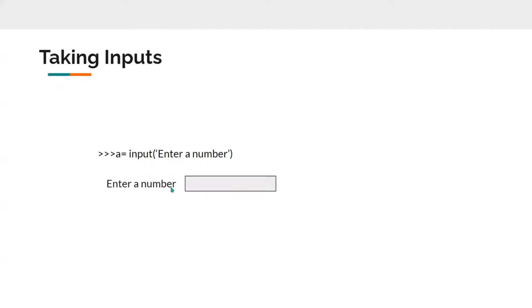Now after executing this cell, I will get something like this. Enter a number, and then my program will ask me to enter a number. Then I will enter a number and that number will be stored inside our variable. If I want to access that number, I can simply print that number here and we will get 5. Now we are going to use print and input a lot in this series. Print will help us display any output of our program and input will help us to get different types of inputs to use in our program.